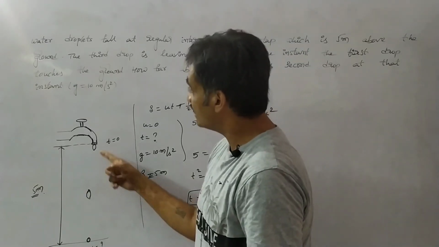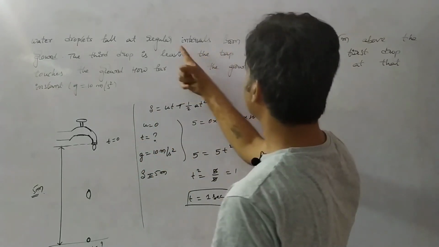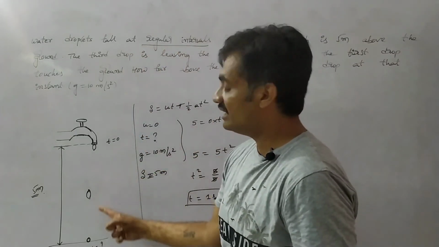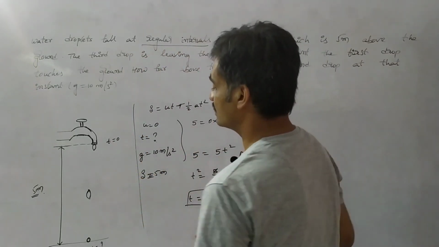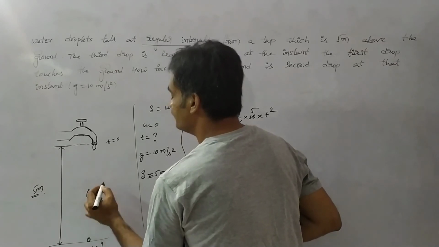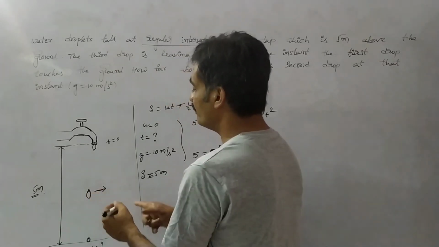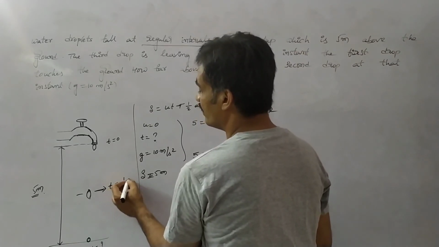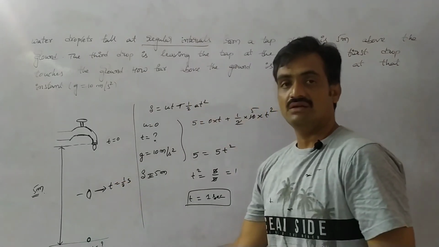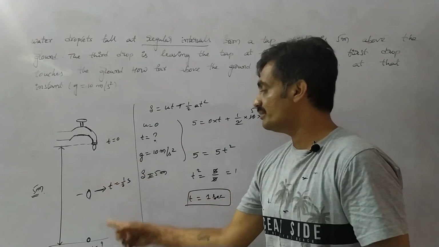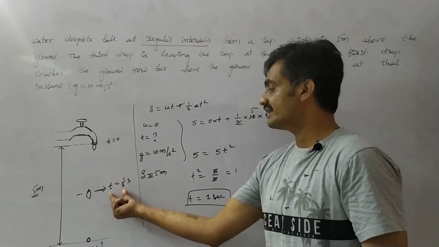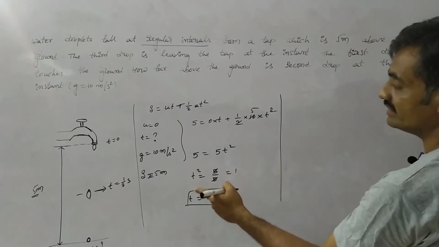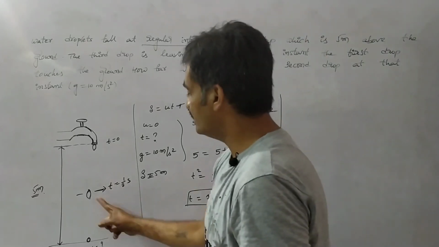As you observe, the drops are travelling in regular time intervals. So based on that, we can say that the second drop will be at a particular position at a time of half a second, in between the first drop and the third drop. So based on this, now we have to find the height of this droplet.